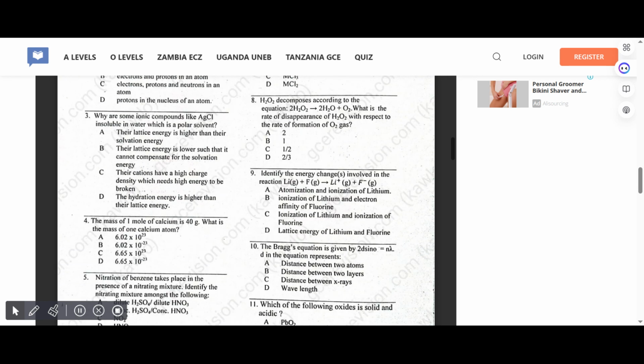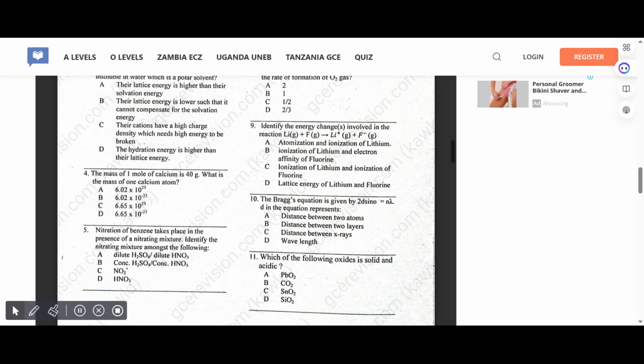H2O2 decomposes according to the equation this. What is the rate of disappearance of H2O2 with respect to the rate of formation of O2 gas? Correct answer is C, which is half or 1/2. Identify the energy changes involved in the reaction of. So they give us this formula. They say we should find the reaction. The correct answer is B, which is ionization of sodium and electron